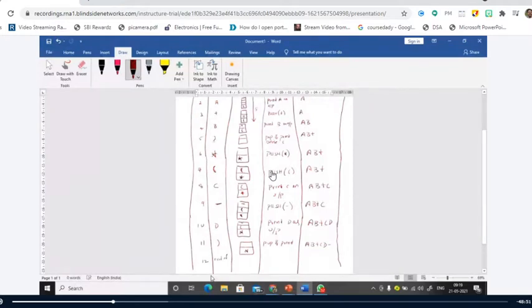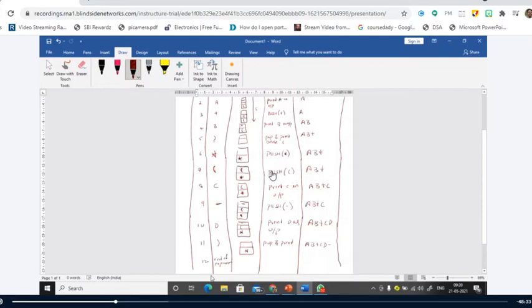There is no token, right? You have reached the end of expression. The 12th step, you have reached the end of expression. So when you reach the end of expression, what you have to do? You have to check whether the stack is empty or not. If the stack is empty, nothing to do.